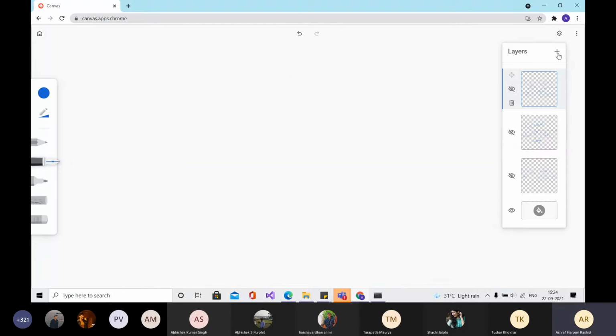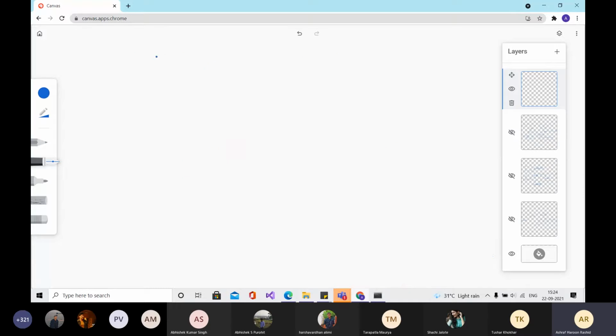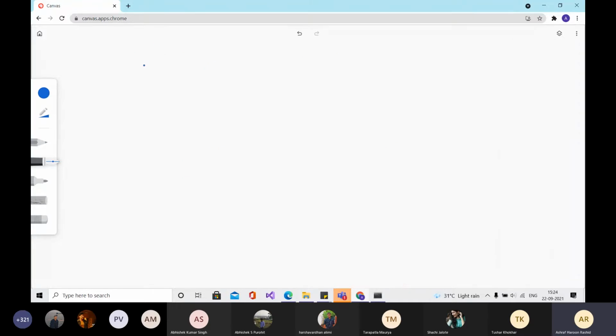And there are different ways we do this division of train and validation. What I explained just now is that you have a train set and you divide it into two parts, final train and validation.